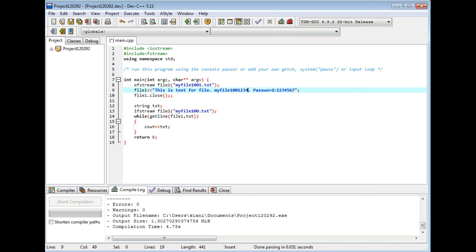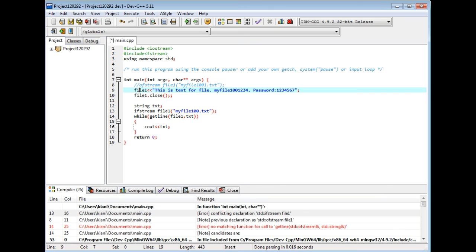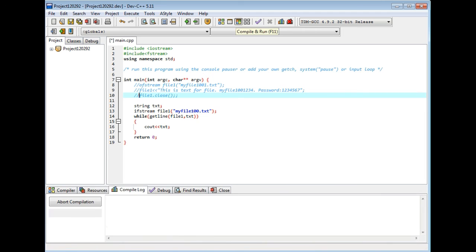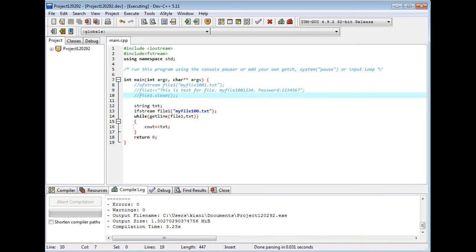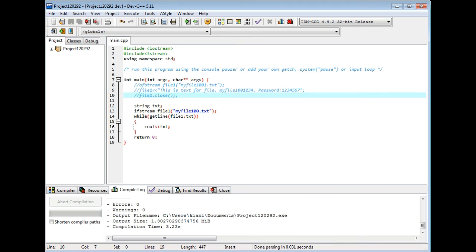Now run this. Again we have to remove this. Now if I run this, we have to write 101, that was 101.